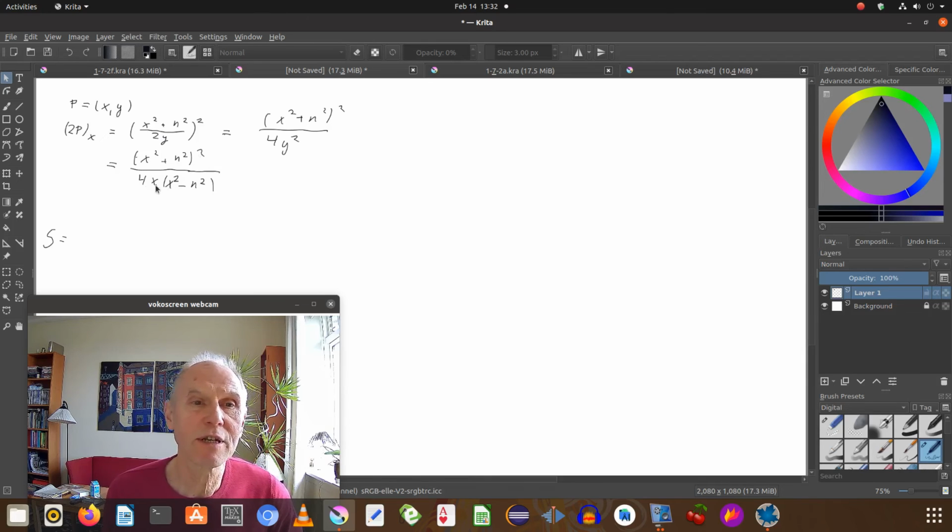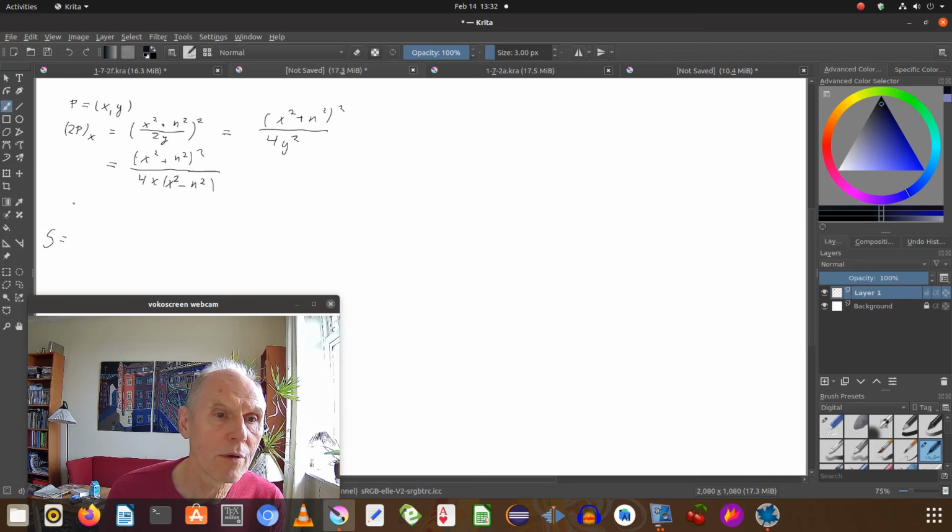That gives length squared, which is exactly the x value. So, taking the valuation of this leads to the x value of 2p